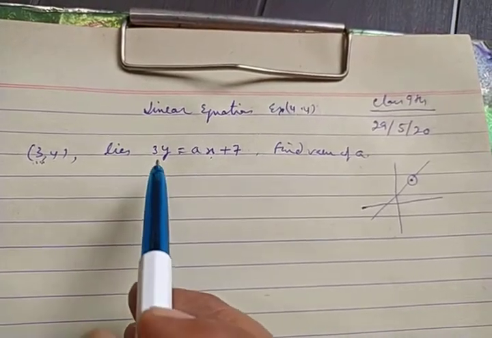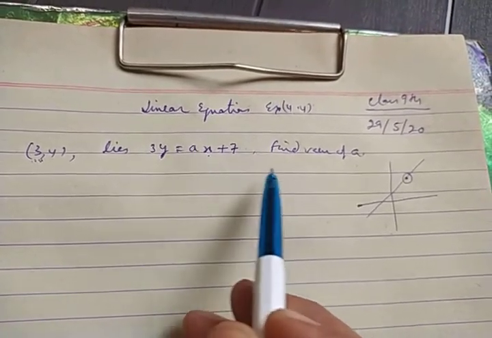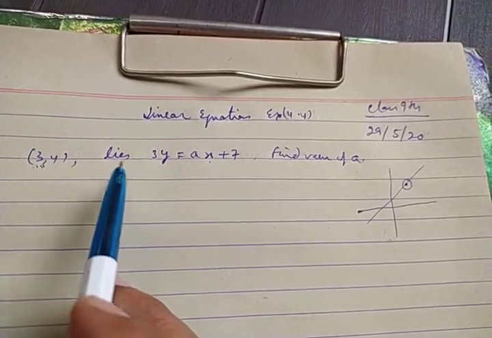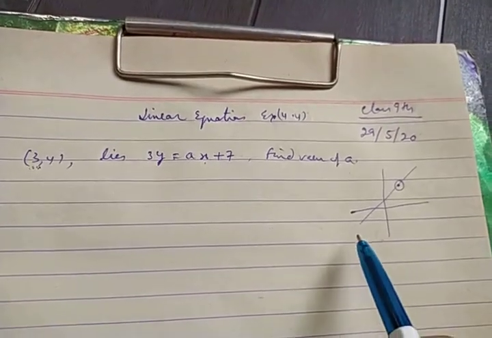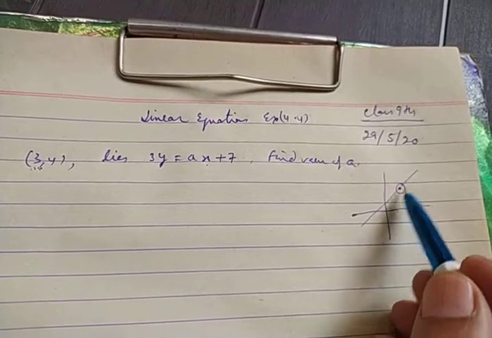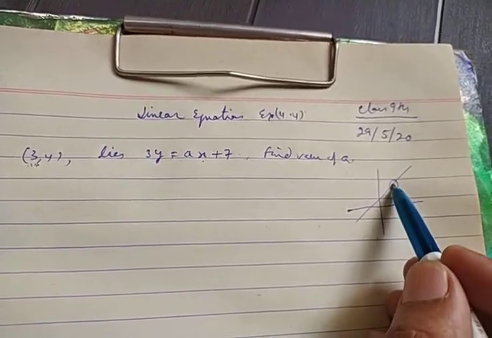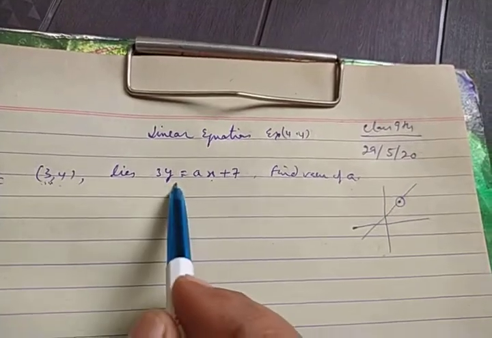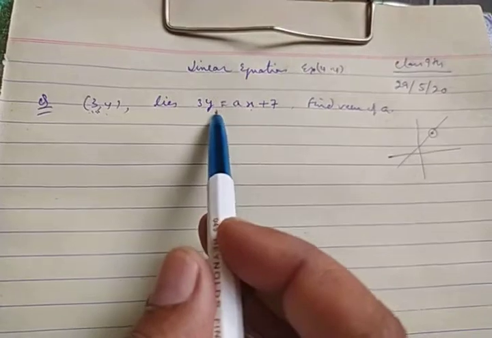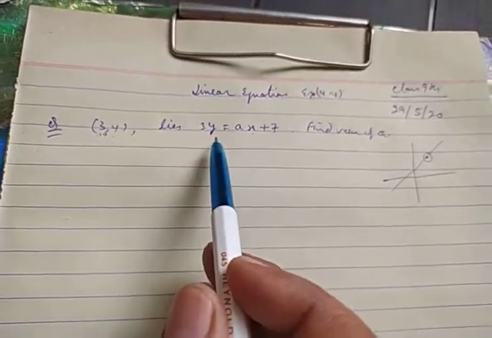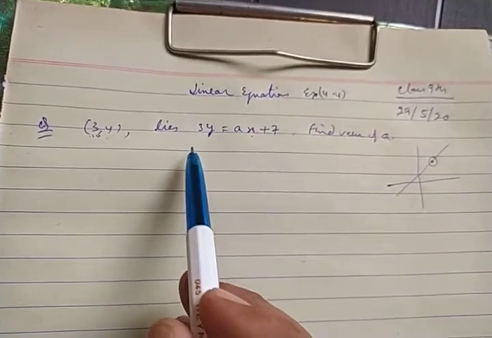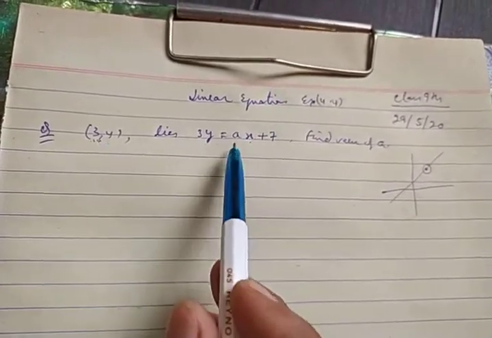In this equation, an additional letter a is involved and its value is being asked. The point (3, 4) lies on the equation means that when you plot the line, this point will fall on the same line. It means this point will satisfy the equation. Satisfy the equation means when you put the values of x and y in the equation, both sides, LHS and RHS, will be equal. This is given in the question indirectly. Lies means this will satisfy.